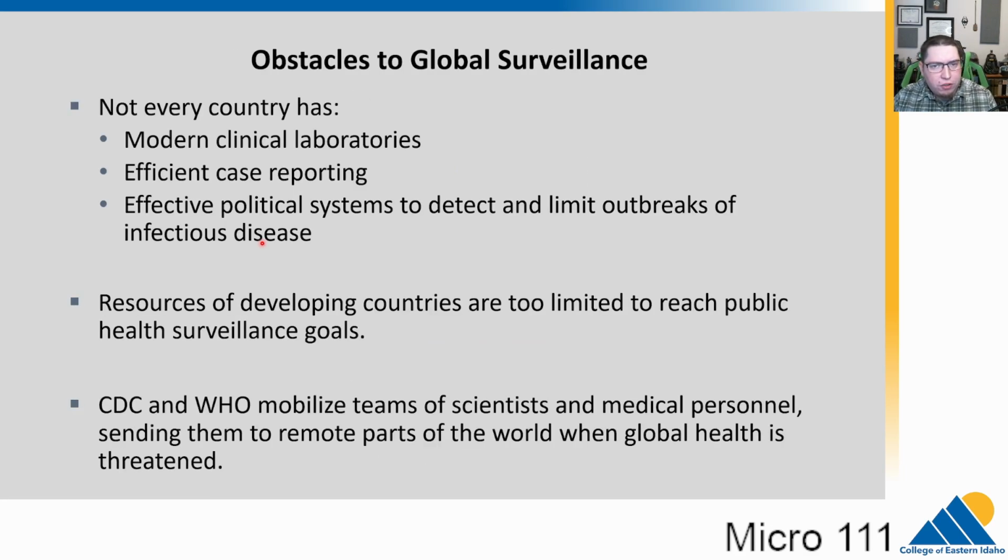So this is one of the reasons that global surveillance is so important. Knowing that SARS outbreak was occurring helped us screen people that were coming to the United States. Unfortunately, not every country has things that are necessary, like modern clinical laboratories or efficient case reporting systems, or even effective political systems that can detect this, limit outbreaks, do things. If you have a country that's in the middle of a civil war, it's very difficult to organize this information and get it out, particularly when the government is in shambles. So